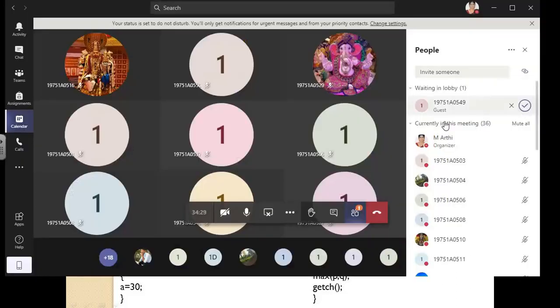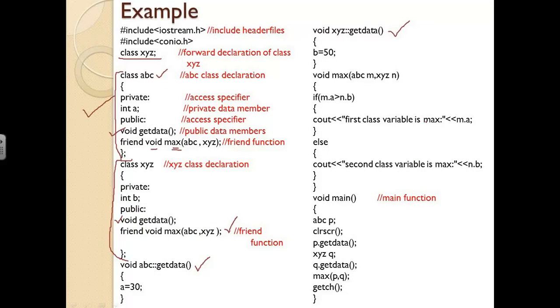In the same manner as a normal function definition, I have defined the friend function. You can see here, this is how we have defined it. Void max, and within the brackets I'm using the two classes for which I have made this particular member function a friend function.